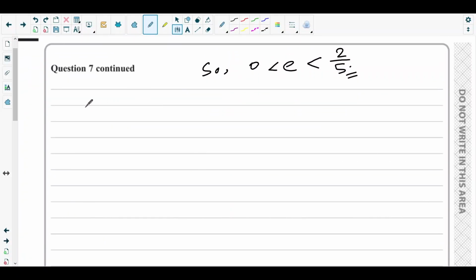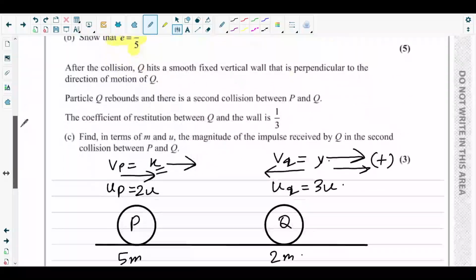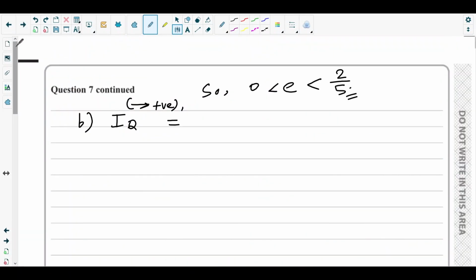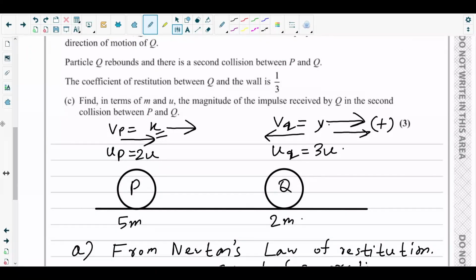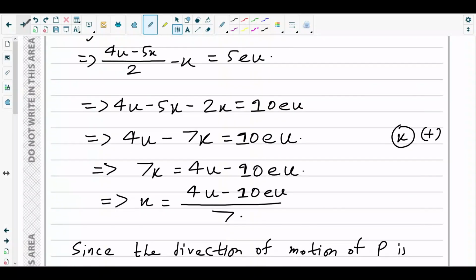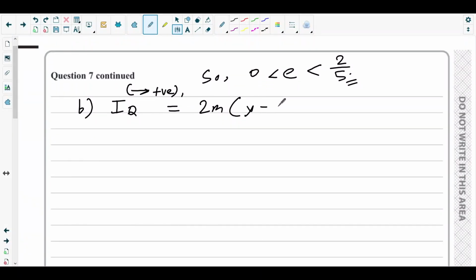Impulse for part B, impulse on Q. So impulse on Q, which direction is it acting in? To the right direction. We have taken the right direction as positive, so that means impulse on Q would be positive. So impulse on Q equals mass of particle Q, which is twice of m, so 2m times (v minus u), the velocity of particle Q after the collision. Velocity of particle Q after the collision is y, which is also in the positive direction. So y minus